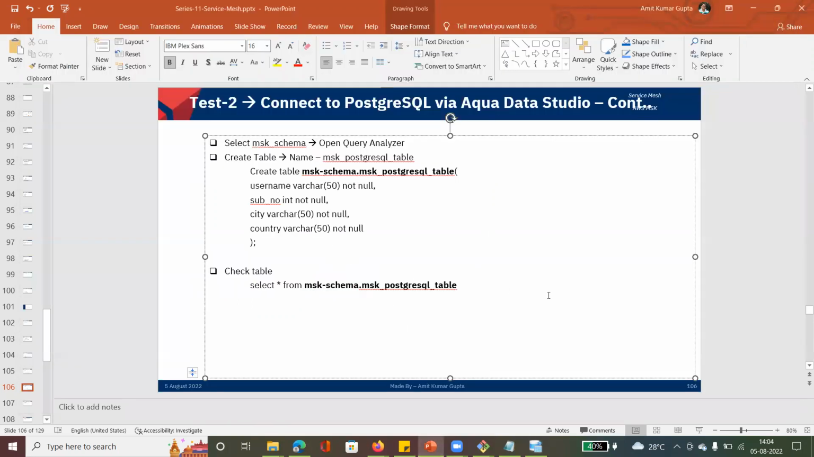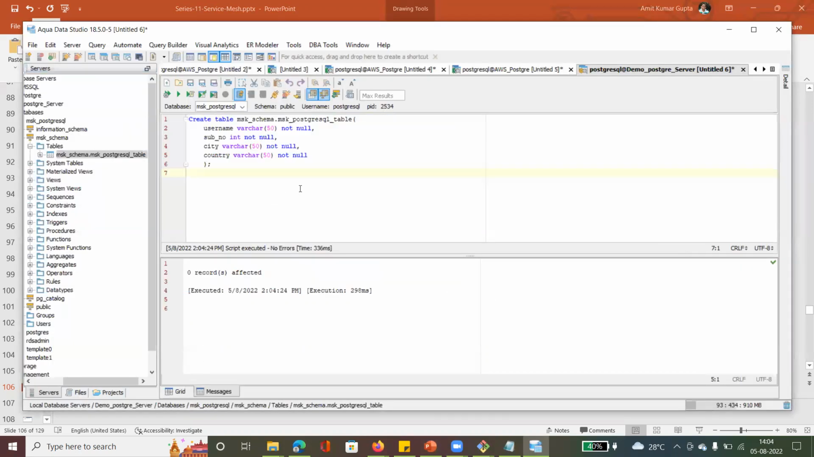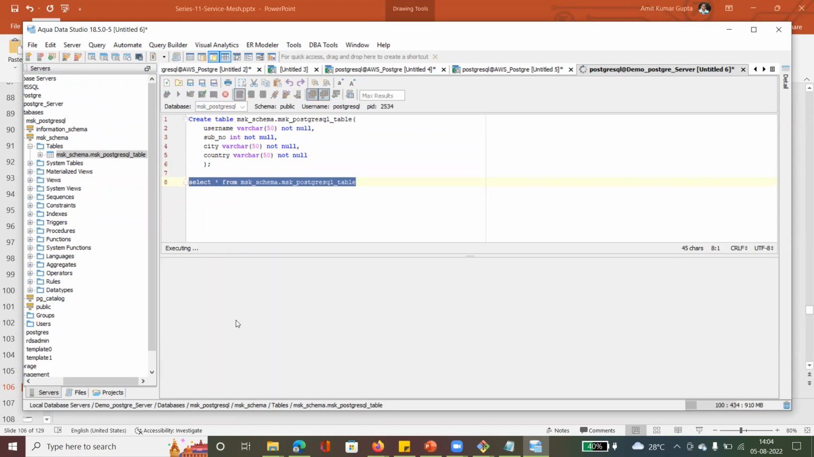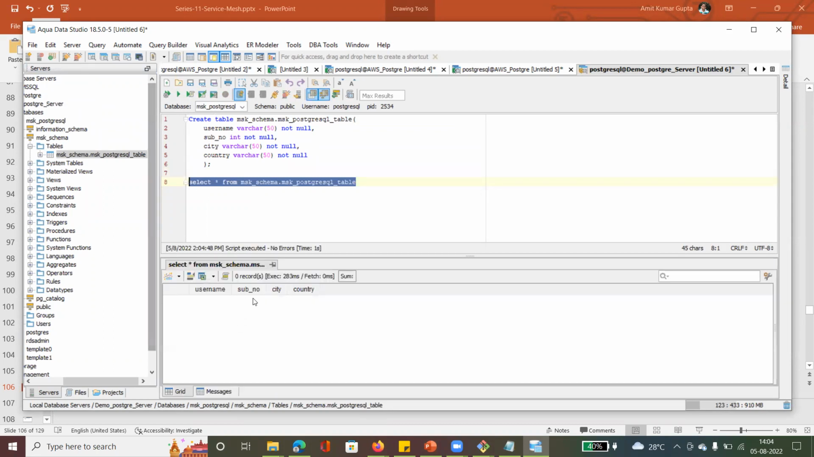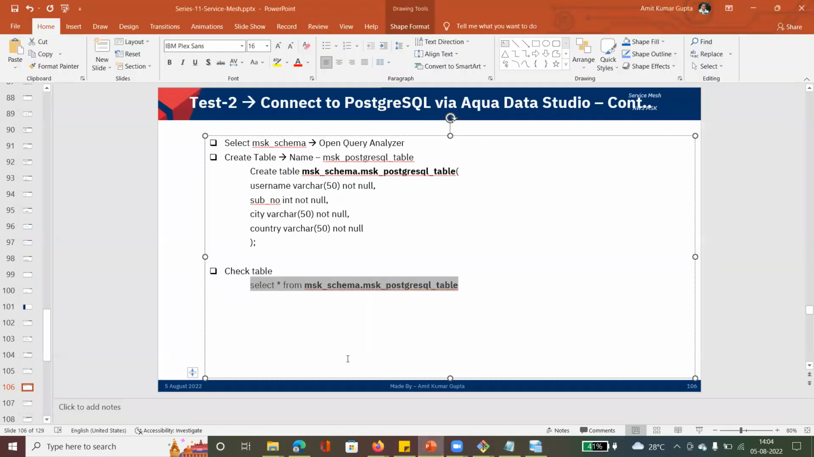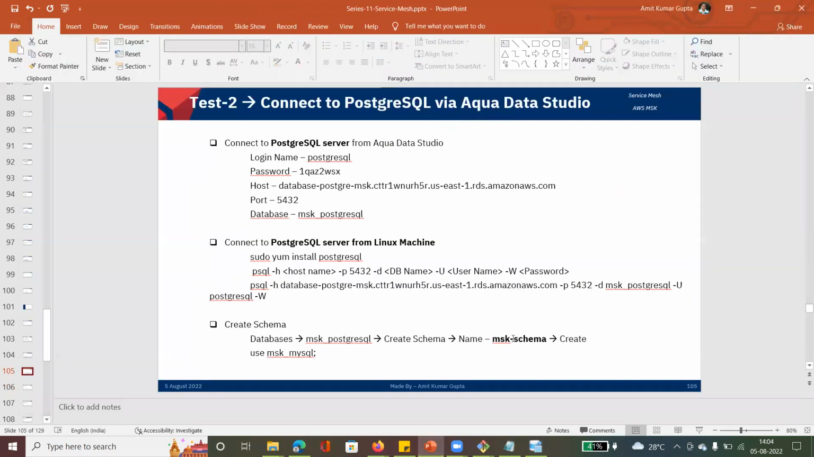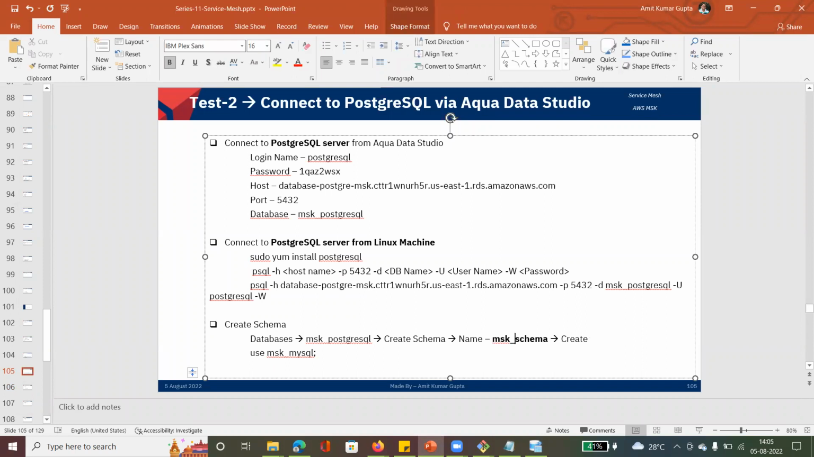So let me correct this document. It is okay because this is the underscore, right? And we can run this query also here. We don't have anything in this particular table, right? So this is done. This is created here. Let me correct this document. And this is underscore schema, right? Now we have done this, and